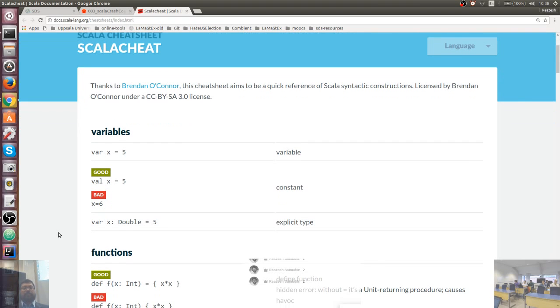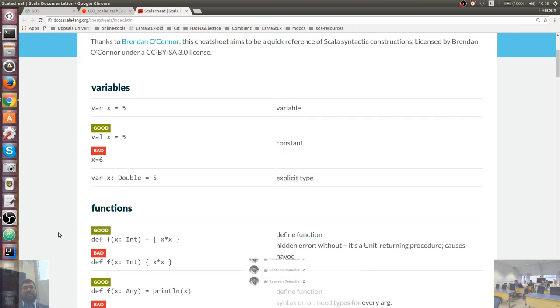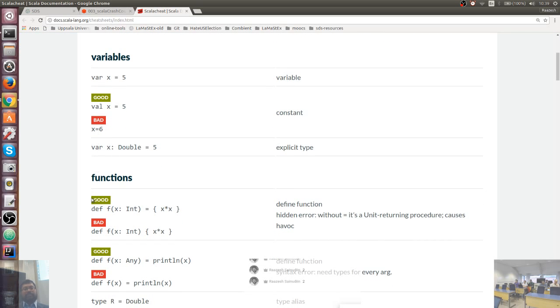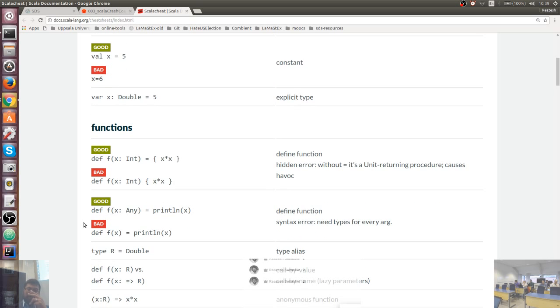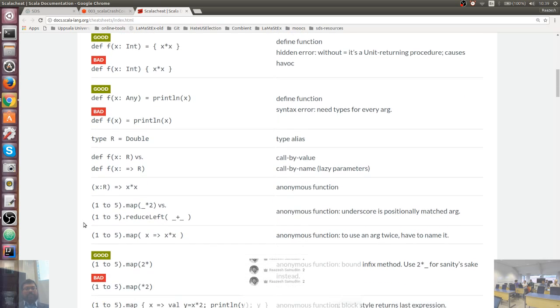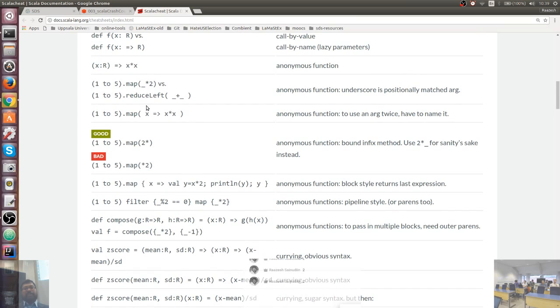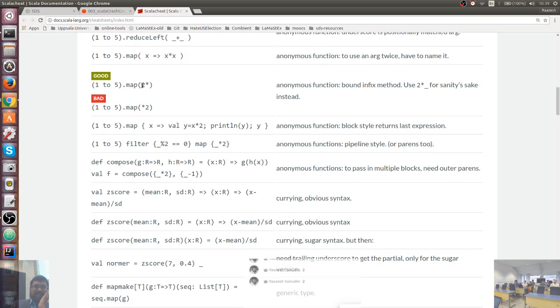So let's quickly review. Variables are var x equals 5, val x equals 5 is immutable, and it says you shouldn't do this, and good and bad for various reasons. Functions. Let's see. So we went through maps. Oh, reduce left is what I meant. So you can reduce from the left and the right, and yeah. So this gets pretty hairy now, right? 2 times, and I strongly recommend just writing a bit more explicitly, because remember, one of the main things in